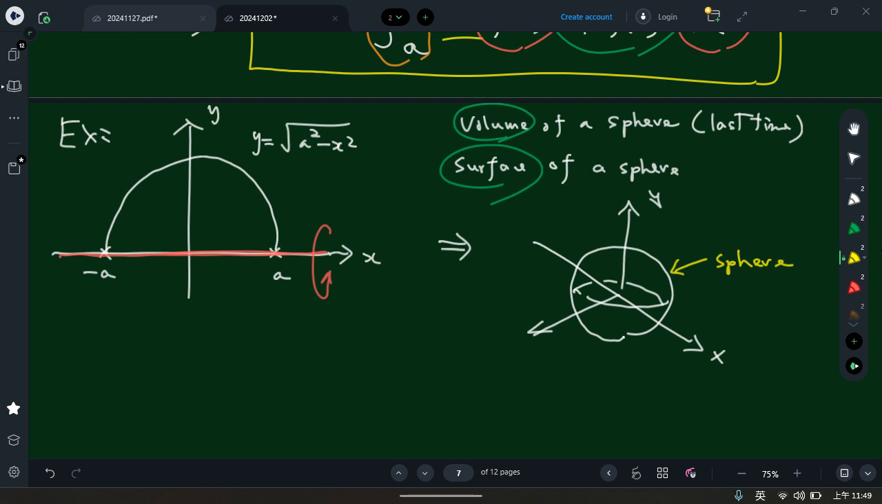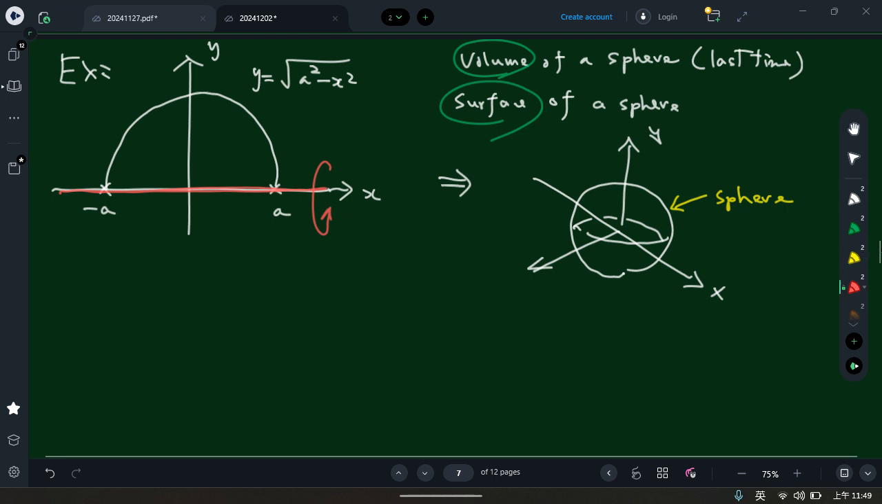上次讲的是一个球的体积，篮球的体积，但这次谈的是篮球的这个表面积，但是还是用旋转的方式去产生出来的。Okay, so next time we also